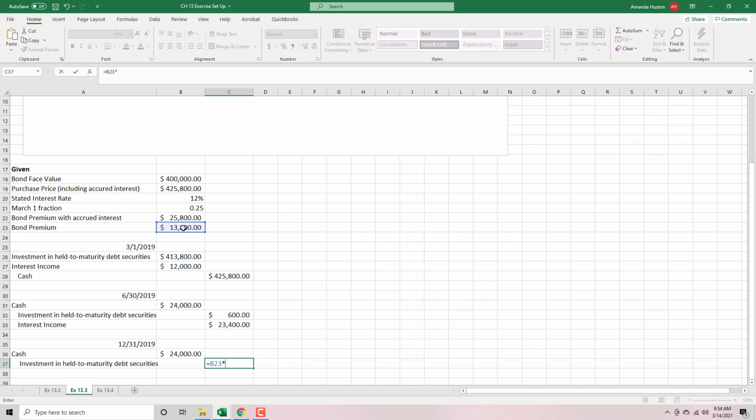And that is amortization of a bond premium. And now what we're going to do,